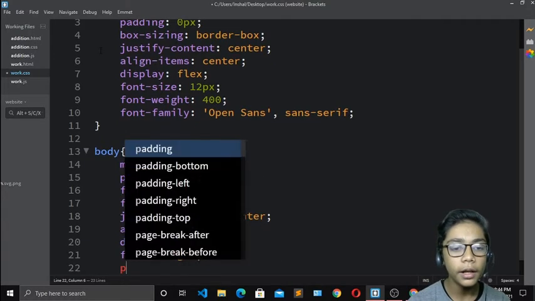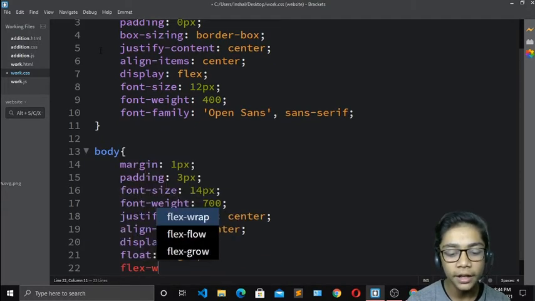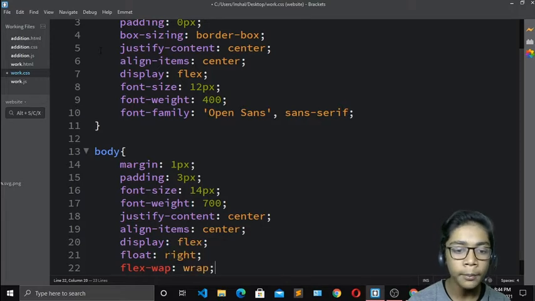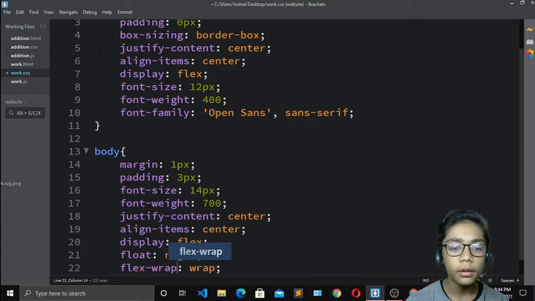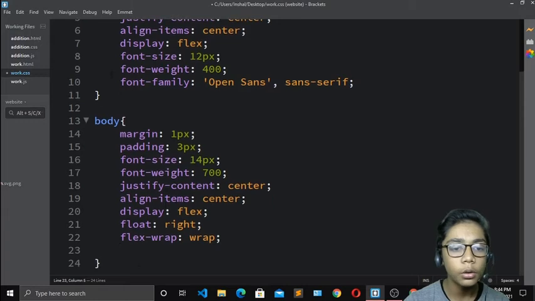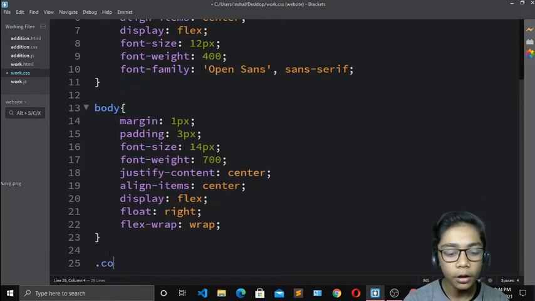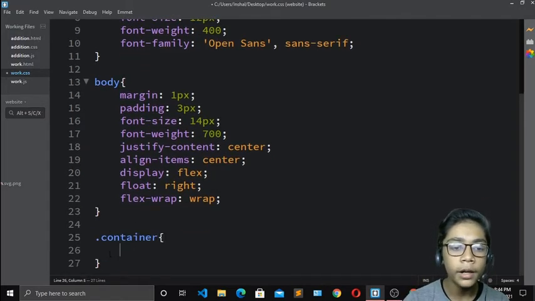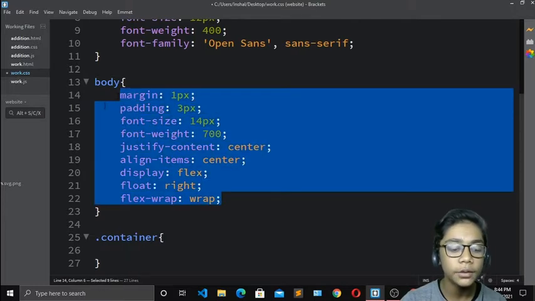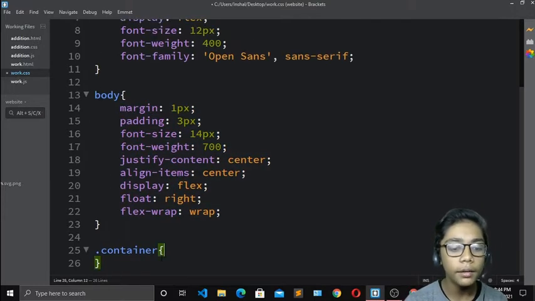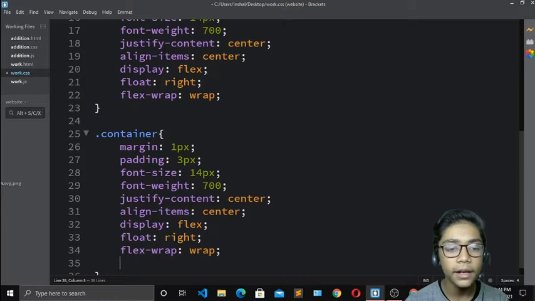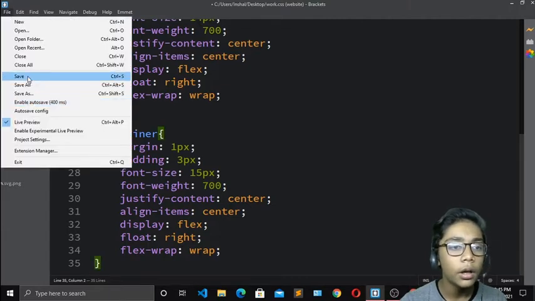So we have done till over here. Right over here I think which is called flex wrap. Okay, so I will write wrap. Then here you have to write like that, and now we've done till over here. Dot container you have to write, then come over here and copy all these things which I have just written in body, and over here I will come underneath and paste that, and I will just change one thing, like I will change it to 15. So I will add 15 pixel. So now here when you've done that, you have to hit save, and now your work of CSS has been done.